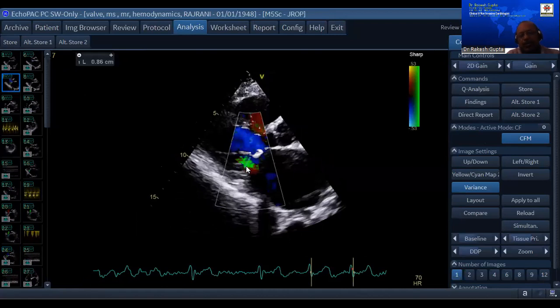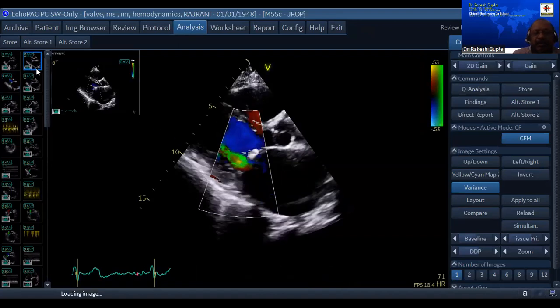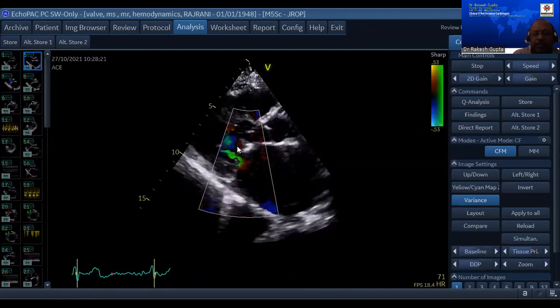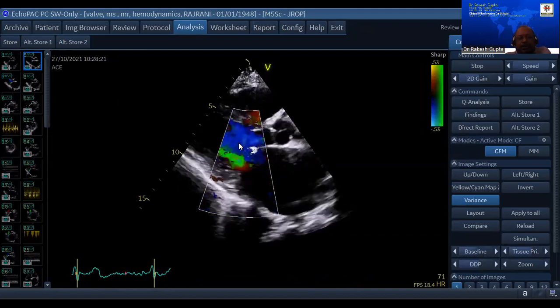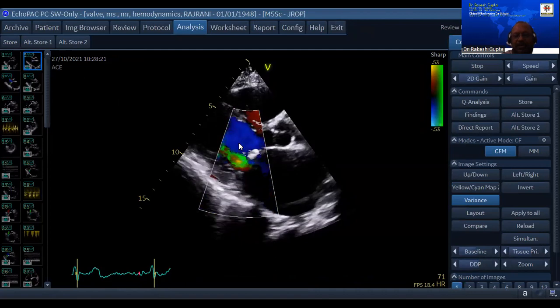So this is the best I could show you over here. This is known as vena contracta. If this vena contracta is more than 0.7 centimeter, we consider it as severe mitral regurgitation. What are the other features for severe mitral regurgitation? We need to look at the LV. LV has to be more than 32 millimeter per meter square body surface area to call it